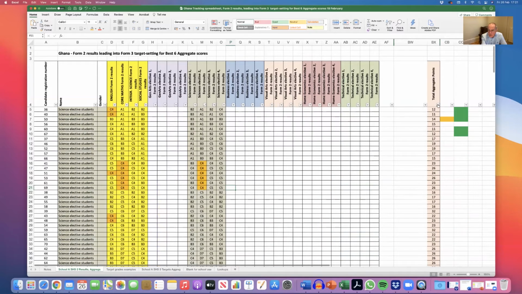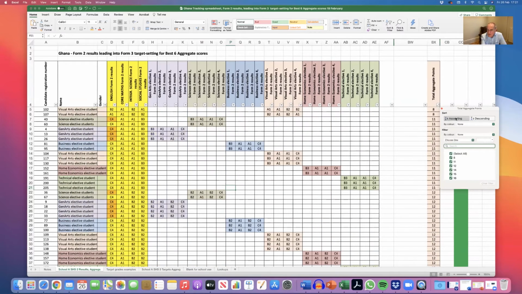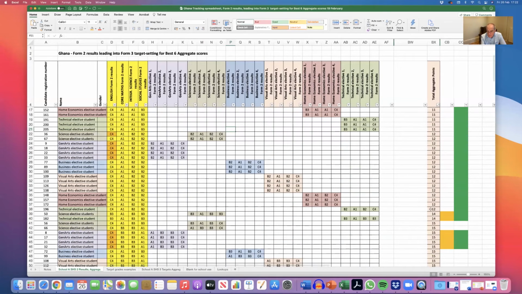Well, let's get them in rank order. So we're sorting there. These are the highest performing students at the end of Form 2. 2 of them got aggregate of 8, incredible score, and 34 of them got 12 or less. But we see that there are few of them who got 15 or less, 14 or 15. So we'll highlight these in amber, and these are the ones that we need to get to that total of